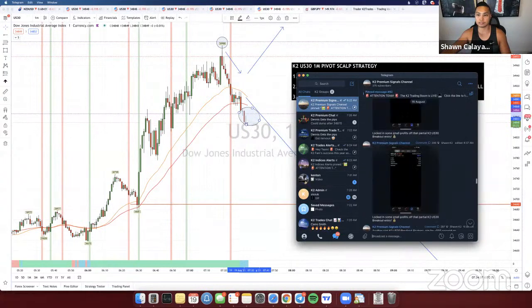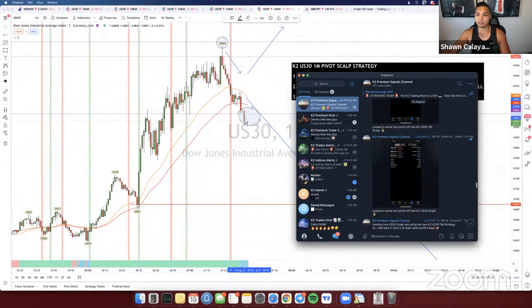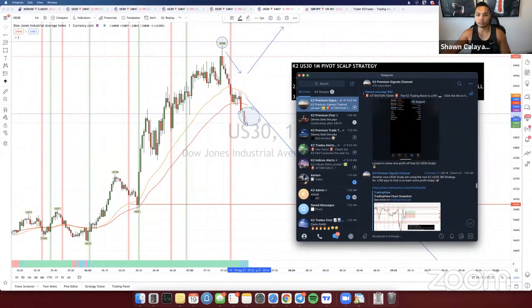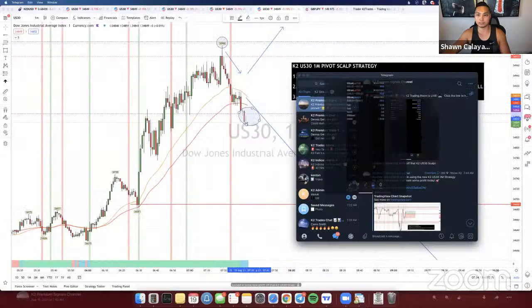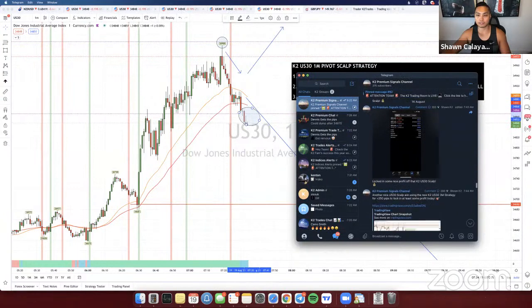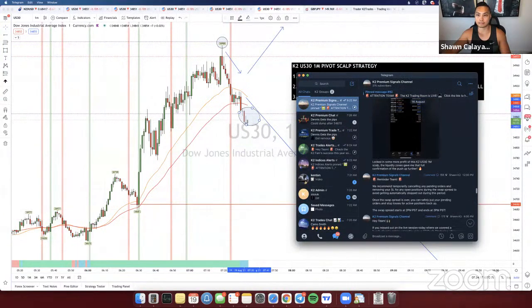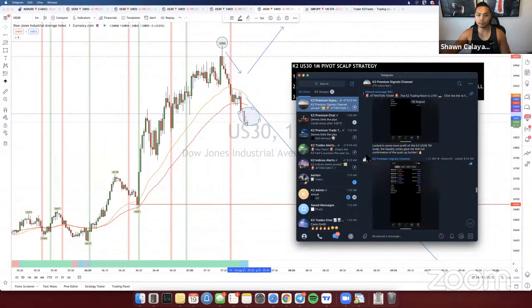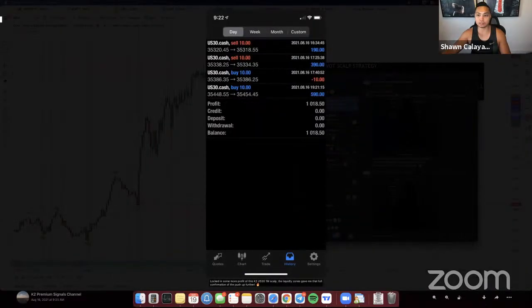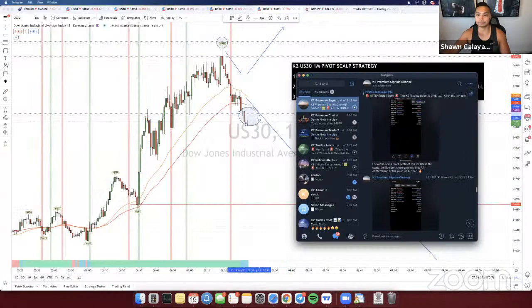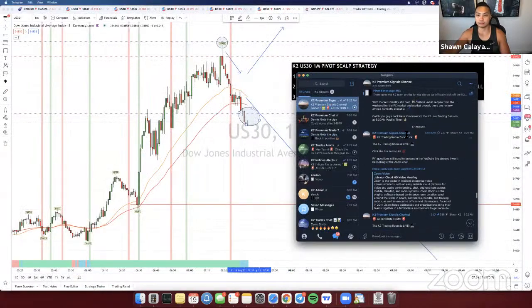So anyways, on the 16th over here, I locked in all these wins for a total of 1,163. And then my other account, actually, I locked in more than that. Yeah, so the 16th is right here. I locked in about 1,818 on one account. My other account, I locked in 1,018 as well. And then